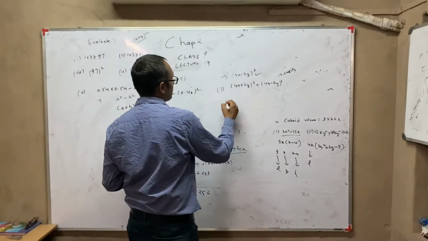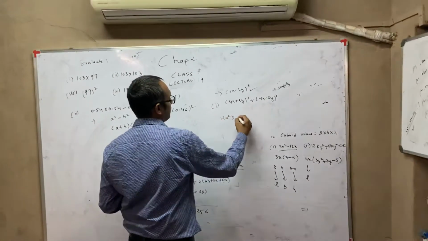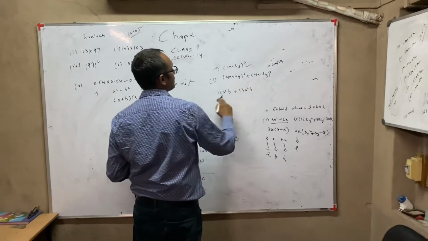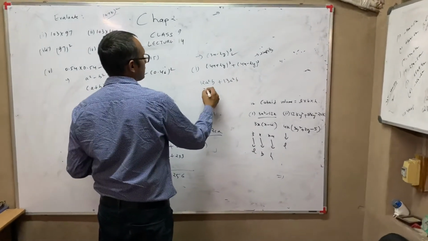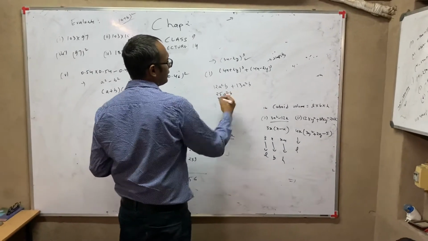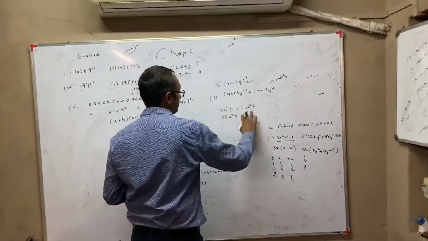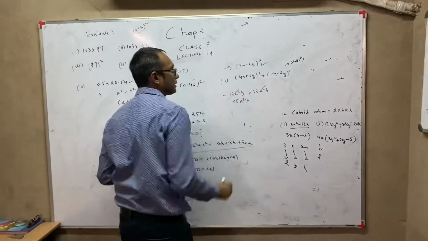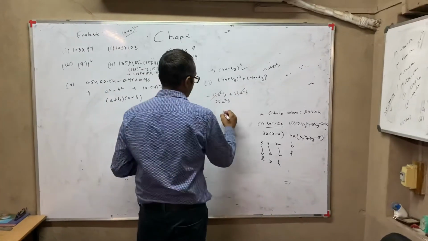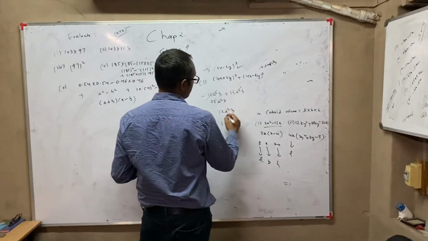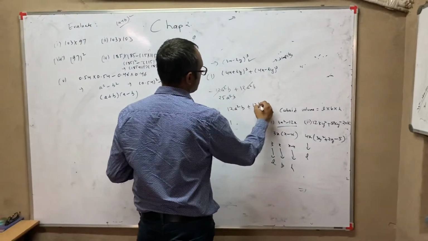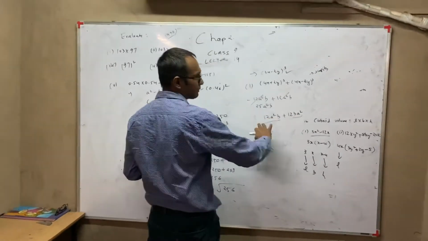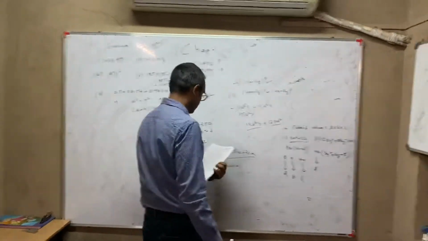Just see one thing. Suppose a term is there 12a square b, and a term is there 13a square b. So these two terms we can add. So it comes 25a square b. Similarly, if it is plus 12 and minus 12, then you can cut it also. And remember one thing, whether you write it like this 12a square b and 12ba square, these are both the same only. Okay, both, because it is multiplication, so both are the same.